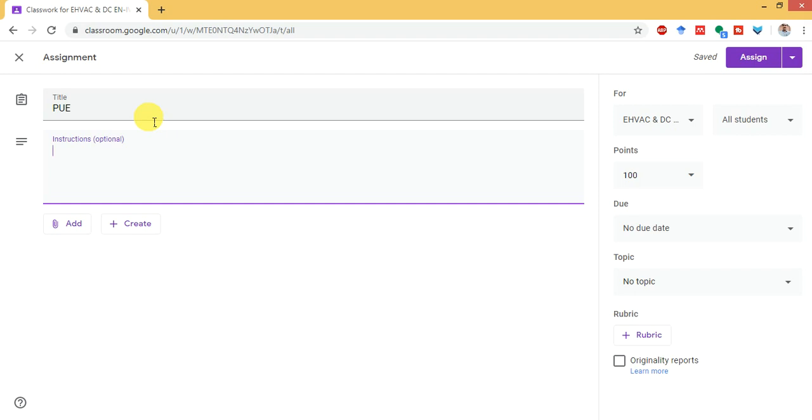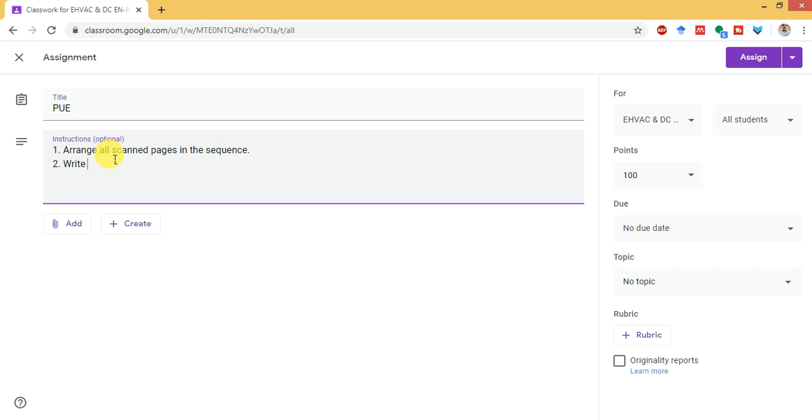So first I want to write: arrange all scanned pages in the sequence. This is instruction number 1.